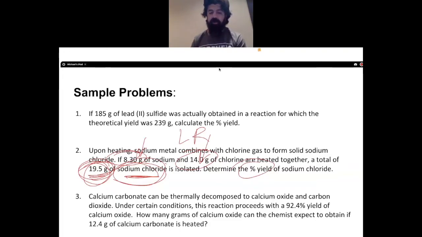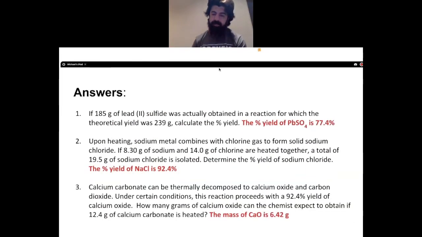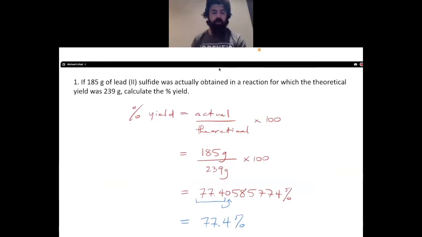And you will divide them. But we'll look at the actual problems itself. Sample problem number 1, nice and simple. Let's actually look at it. So if we've got